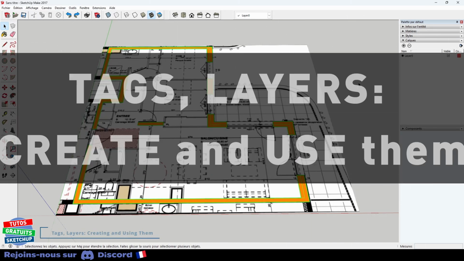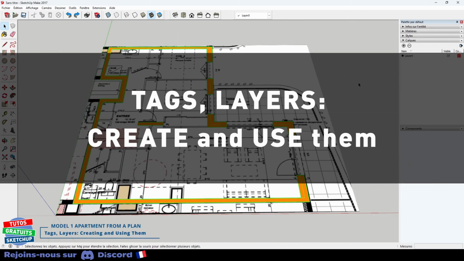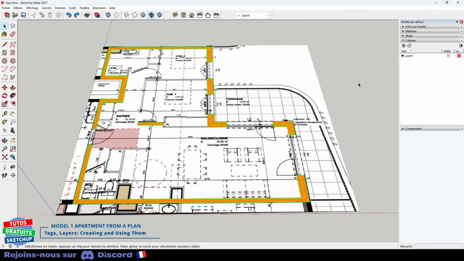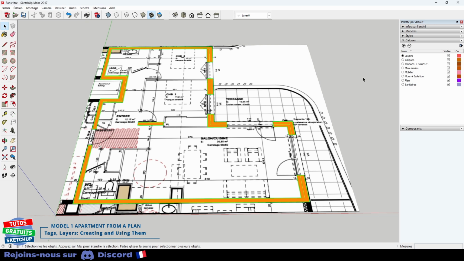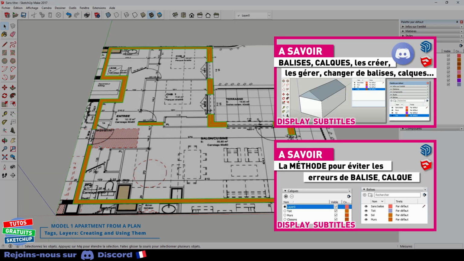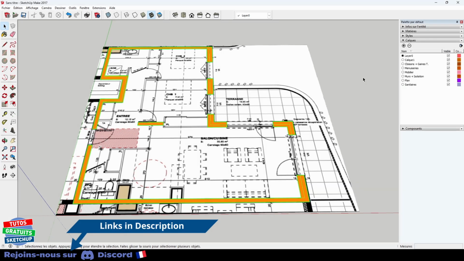We will now take advantage of this to create our layers. You will see it will help us quite a bit later, and it will also allow me to explain to you what will happen when we push the walls. Start with the first layer, which I will call outline. I add the other layers and come back. There you go. I have just finished creating my layers or tags. Of course, you can configure whatever you want. Besides, for those who are interested in how to use layers and tags, I have 2 tutorials on the subject. You can find the first one in the card here, and the links are in the description.